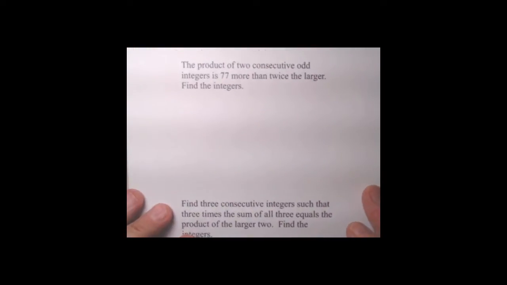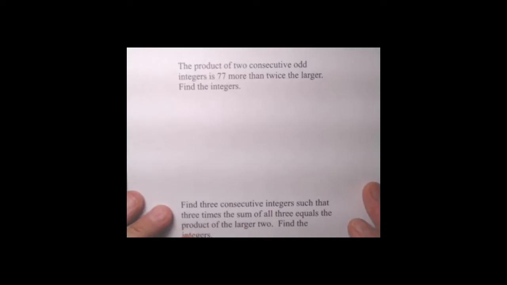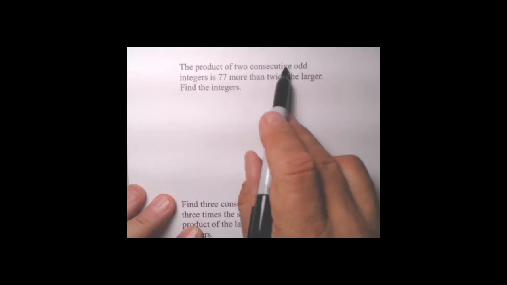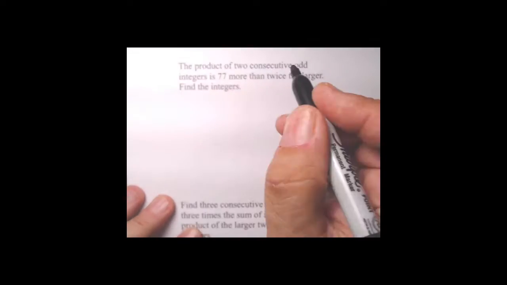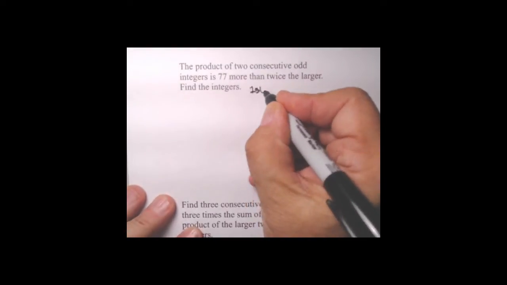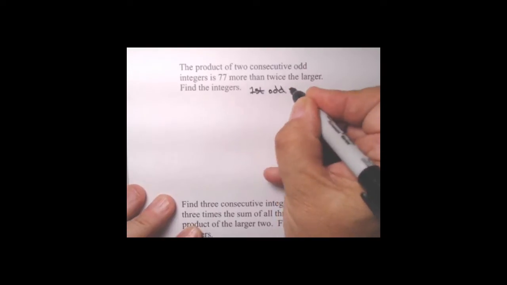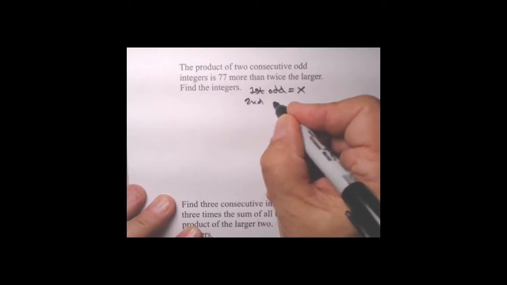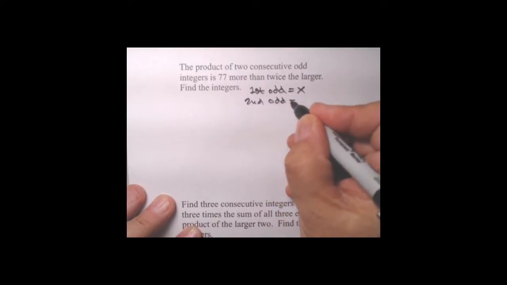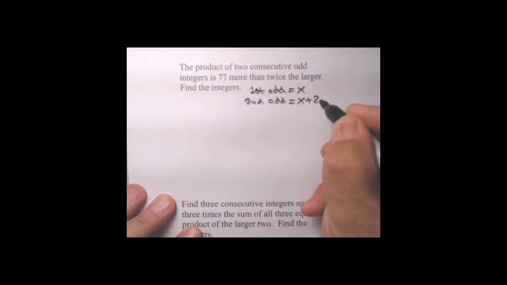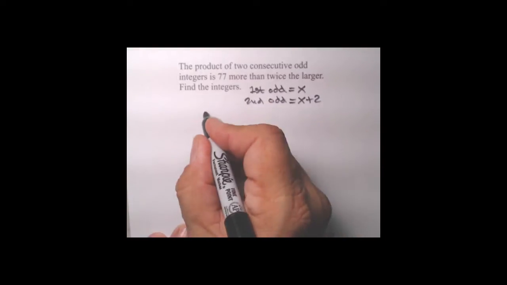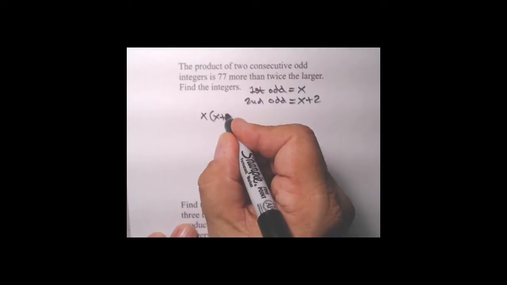Let's take a look at some things that are getting maybe a little bit more involved here, but still very doable. The product of 2 consecutive odd integers. Well, once again, first odd, let's make it x. You can make it n, whatever you want. Second odd, now remember, evens and odds jump by 2's, so this is going to be x plus 2. We want to take the product of those, so x times x plus 2